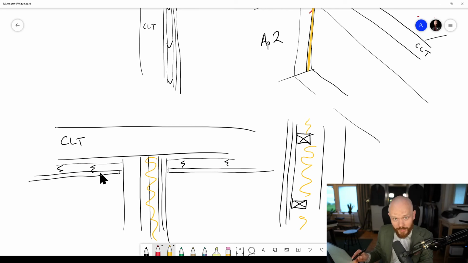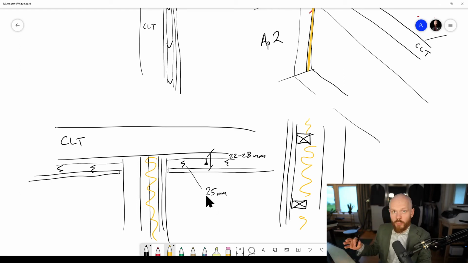And you also get a little space here where you can put some electrical installations and stuff. And the profiles are 25 millimeters usually, and then you could add perhaps 22 to 28 millimeters of extra distance to increase this D here. And the reason that you want to increase it a bit more than 25 is